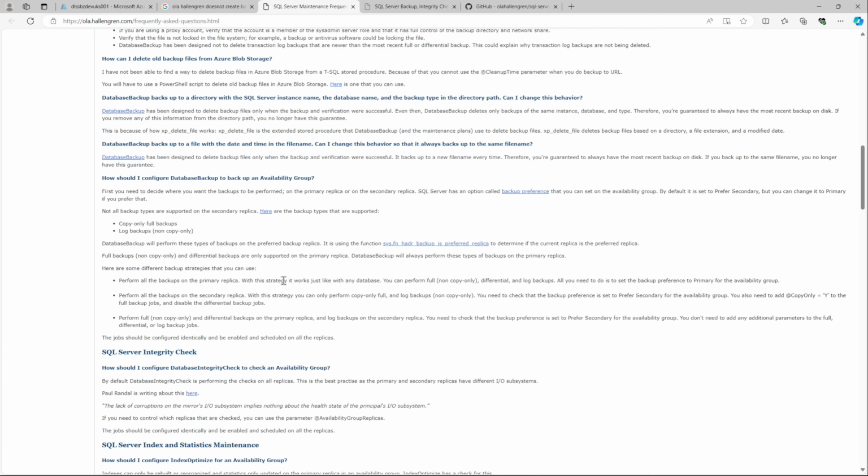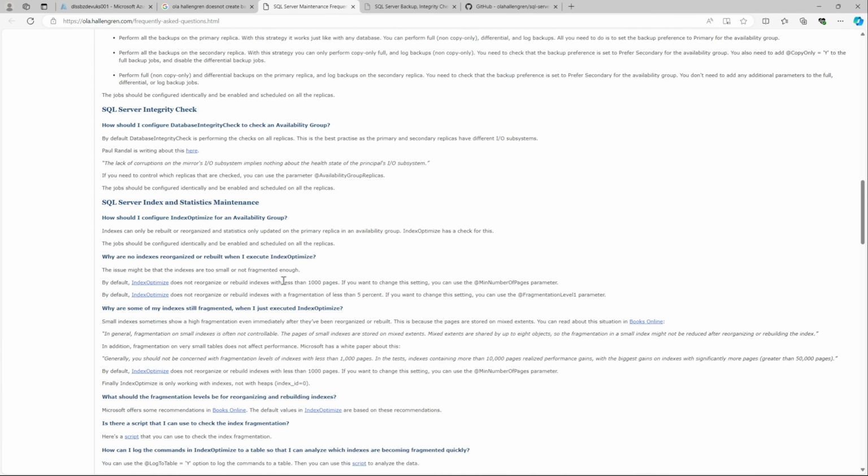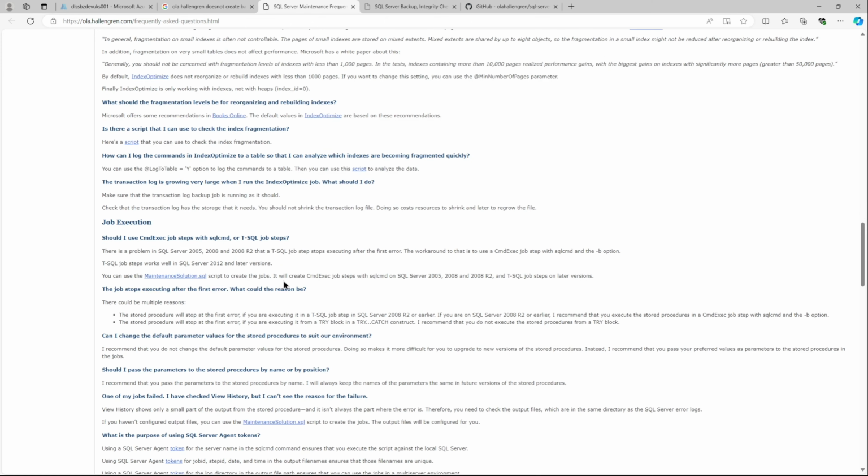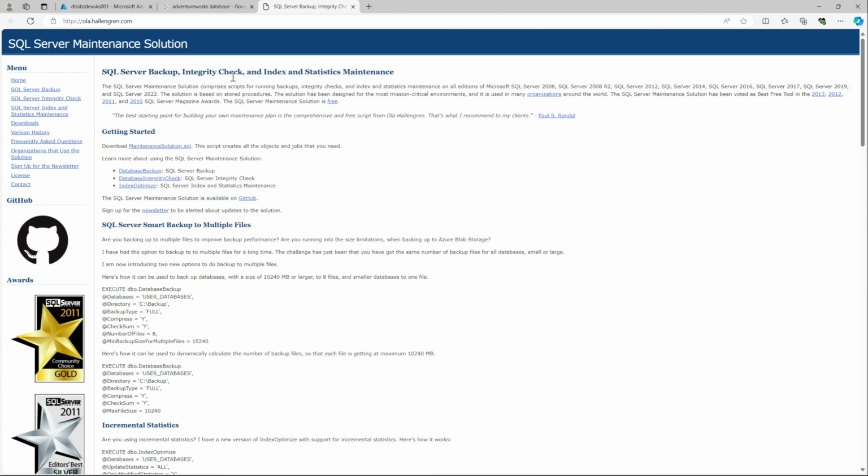We will be using this to run our database integrity checks. We'll also run our index organize and do a database backup using the solution. So let's go ahead and download the solution. You can see it has the database backup, integrity checks, and the index organize